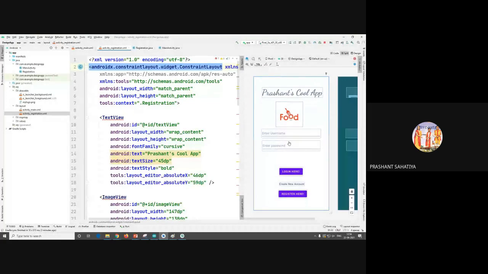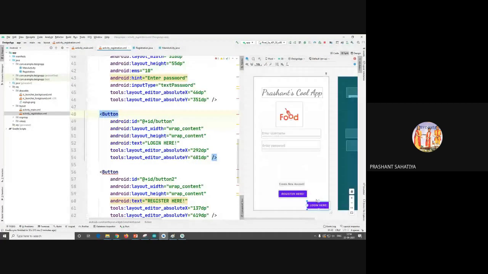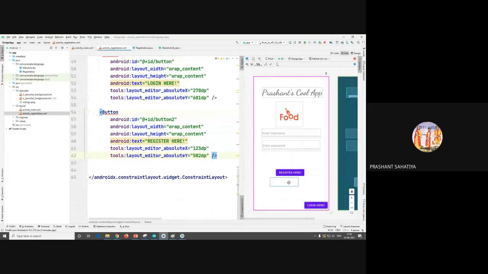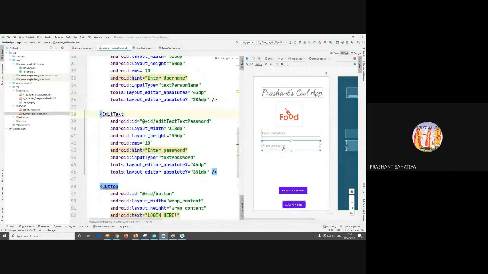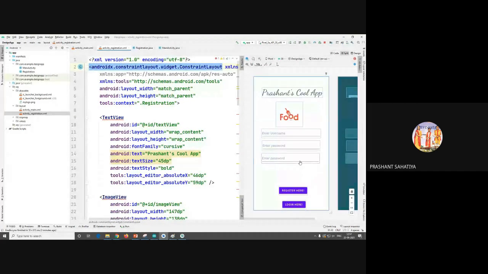Now I'll change something. Okay. What will I do? This login should be at the corner. Okay. This register is this. I'll delete this portion. Now just Control C, Control V. So you'll be having one more text field. Okay, you are not supposed to drag and drop and create everything. You just Control C and Control V. Now I'm asking a few more details.